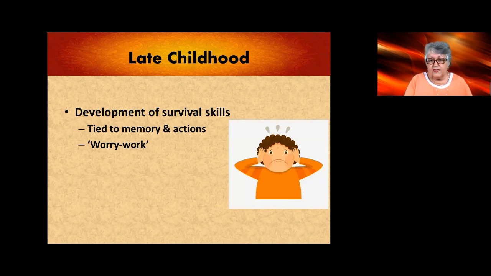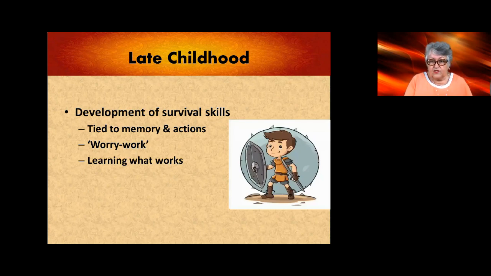It also is involved in worry work. We tend to be concerned about issues that cause us grief or stress, and worry work is very much an orange personality facet that enables us to overcome those issues by doing something in response to those concerns. We also use orange skills in learning what works. We find out that if we have certain protective mechanisms in place, then having to deal with crises and stresses is not going to be quite as severe as if we simply attended to those without any form of pre-planning.